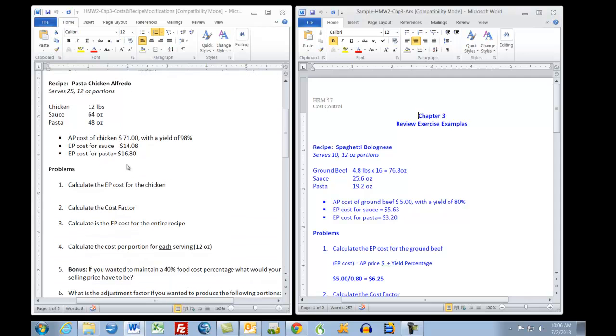And in the first problem, you're basically presented with a recipe. You've got a pasta chicken alfredo that serves 25 people, and each portion is about 12 ounces. And the total recipe amount is 12 pounds for the chicken, the sauce is 64 ounces, and the pasta is 48 ounces. The first thing that I would like for you to do, and you should get into the habit